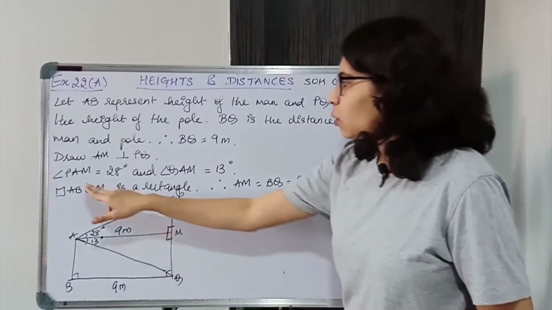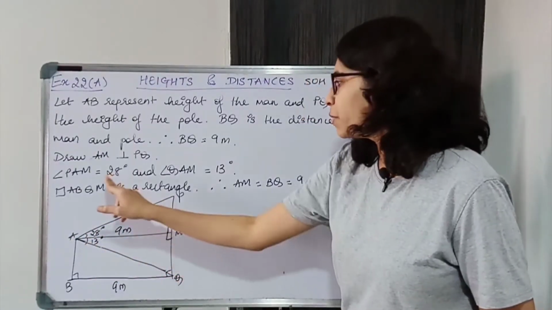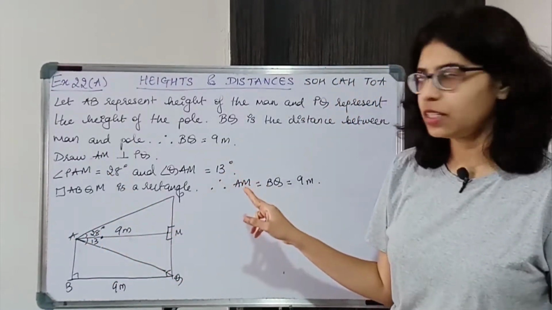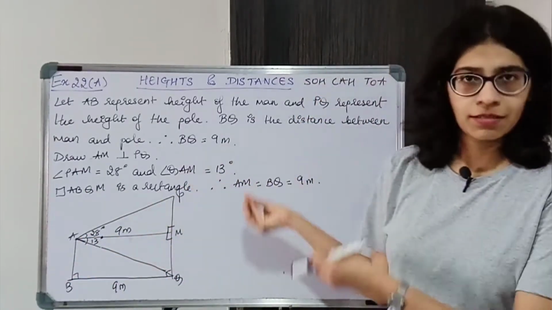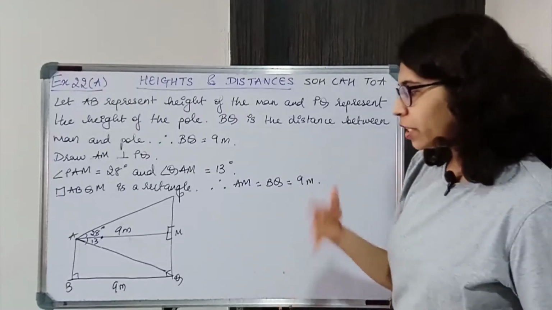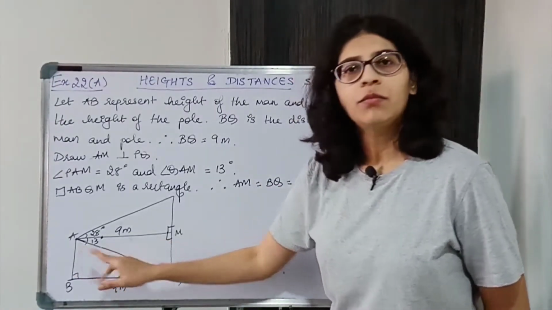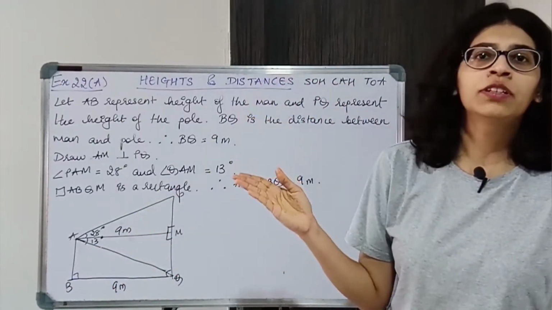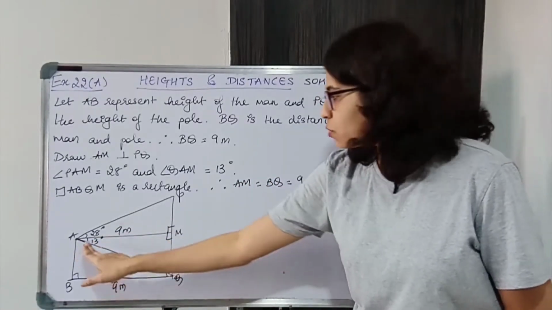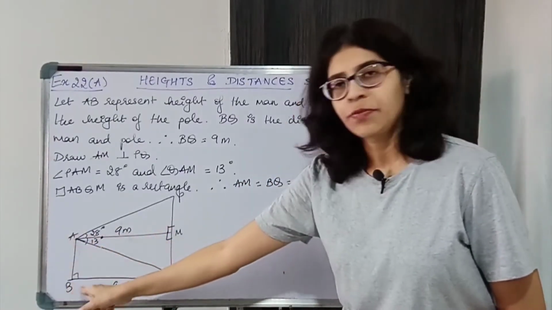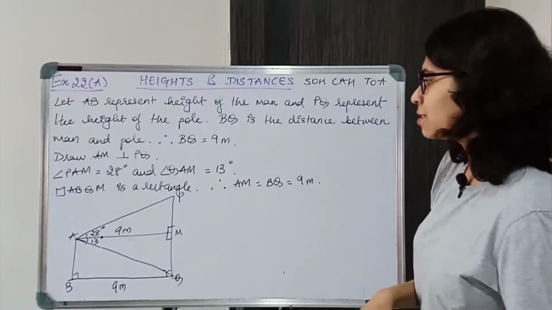Okay. Now, once you do that construction, angle of elevation, that is angle PAM, is equal to 28 degrees. Angle QAM is equal to 13 degrees. Now, ABQM is a rectangle. You don't need to prove. You just can write down directly. ठीक है. So in case you want to prove, these three angles are 90, 90, 90. So your fourth angle by sum of all angles of the quadrilateral are 360 degrees. Okay, it is 360 degrees. So this will be 90 degrees. Okay, angle MAB or angle BAM. So therefore it is a rectangle. All angles are 90 degrees.